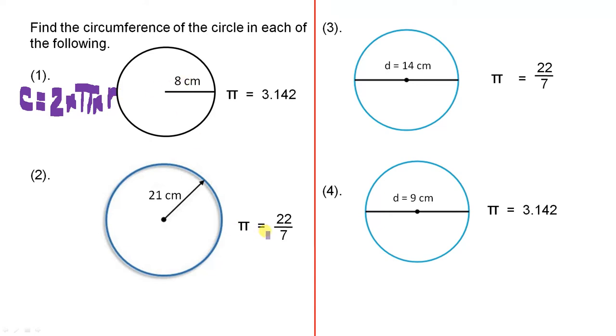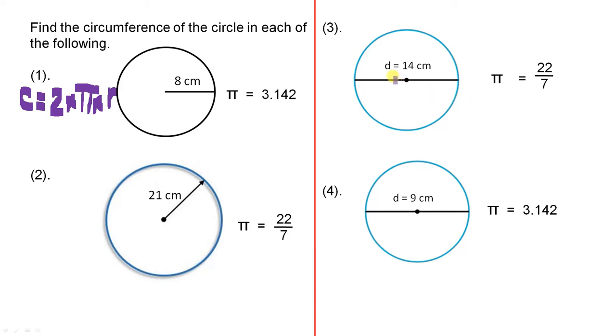For this example here, we've been given, again, the radius. This time pi is 22/7, so we just do the same thing. 2 times pi times r, but remember here pi is 22/7. For the next example,